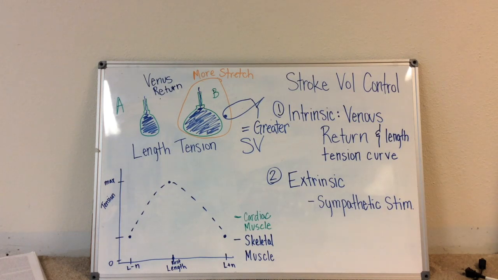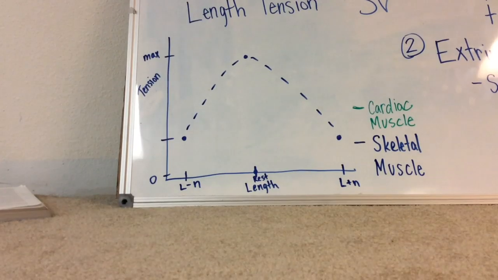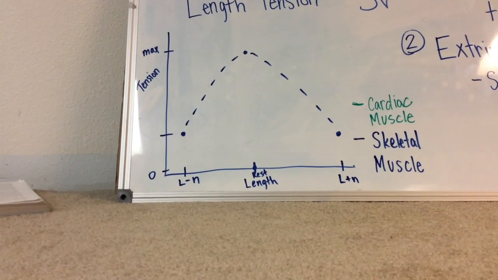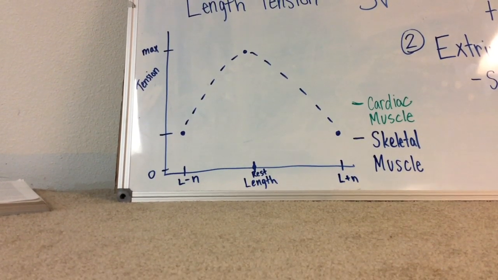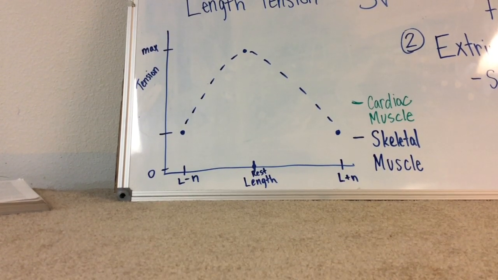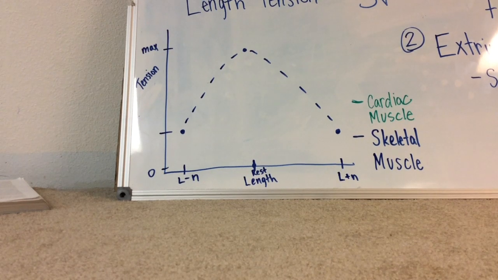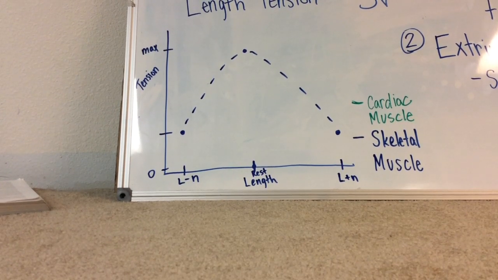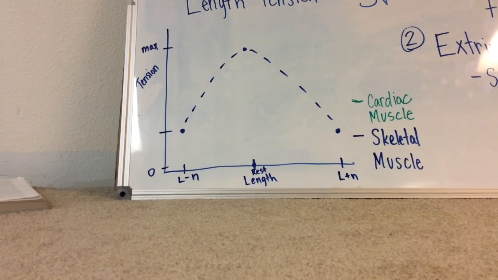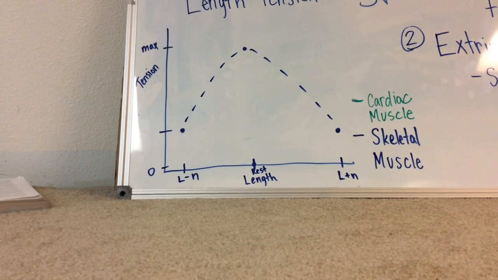The second thing that contributes to the intrinsic control of stroke volume is the length tension curve. If you remember back to our last unit, we can remember the skeletal muscle length tension curve. We said that at resting length, the skeletal muscle was able to generate maximum contraction force. As we decreased or increased the length of the muscle, we saw a corresponding decrease